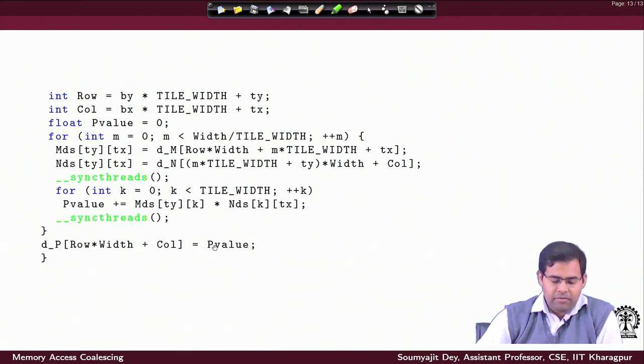Then it would load this final value into the corresponding location in the target output matrix in the device memory, right. This dp is the target output matrix in the device memory. It is getting updated only at the last.